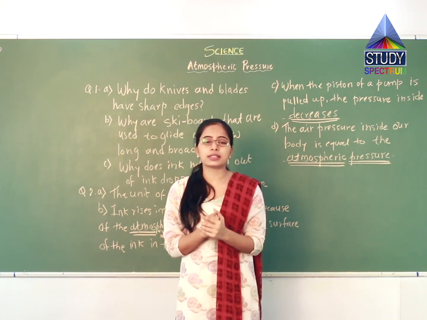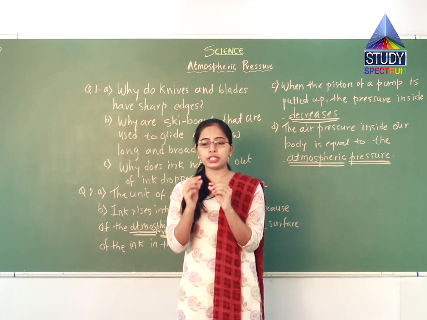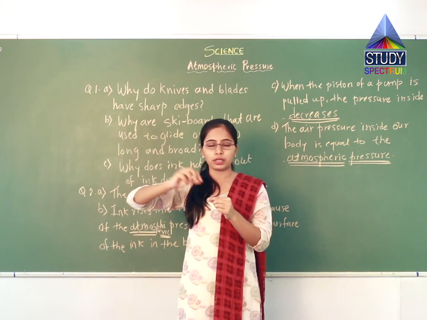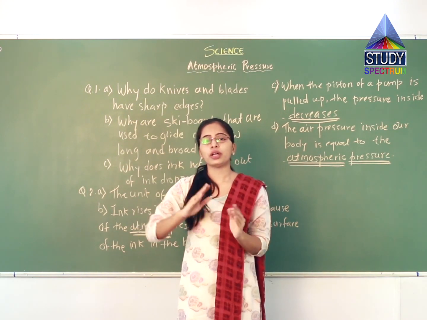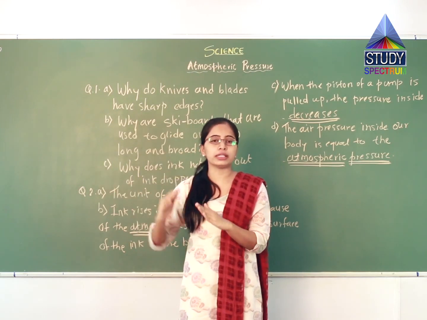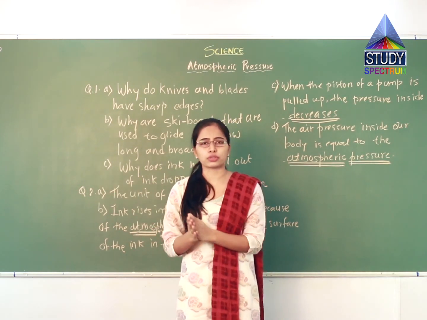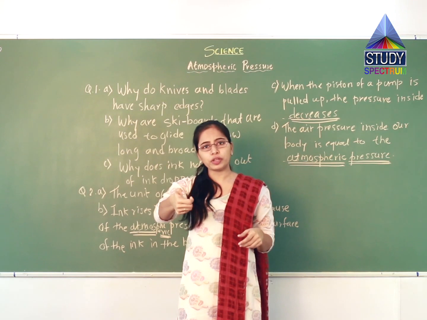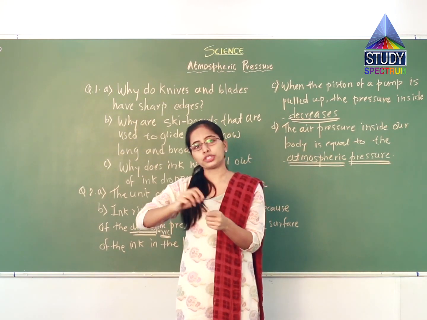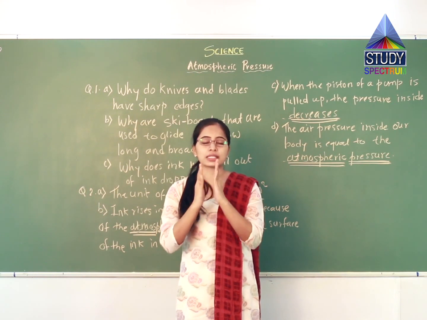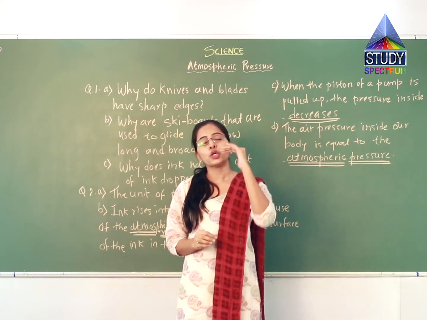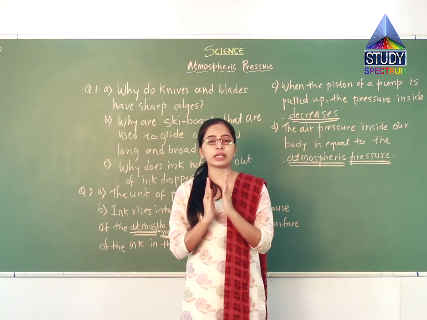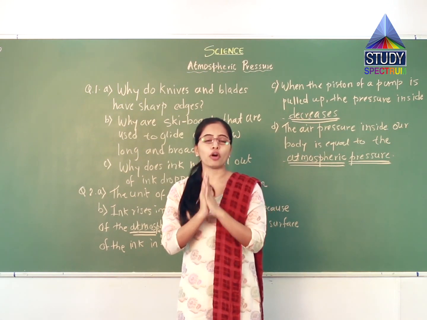So definitely this is done by applying pressure at the tip of that instrument. Because of that pressure, the water is forced and it goes to a longer distance. You can perform this at your home also. Take the pipe which is connected to the water tap, and if you press on the tip of that pipe, the water will go far away. The same process is applied in sprinkle irrigation. This happens due to water pressure. So the correct matchup for sprinkle irrigation is pressure of water.